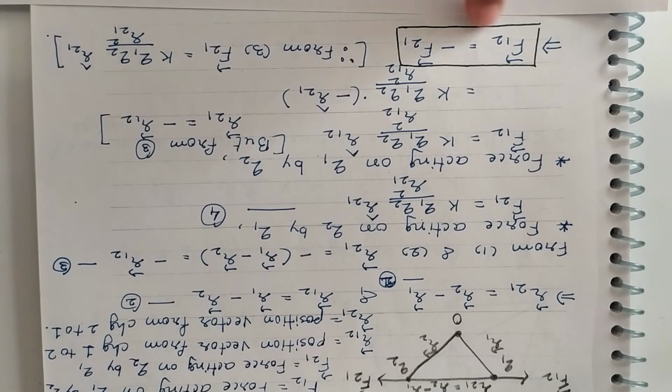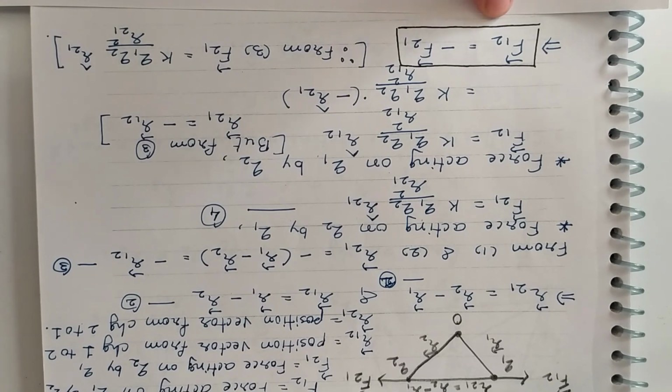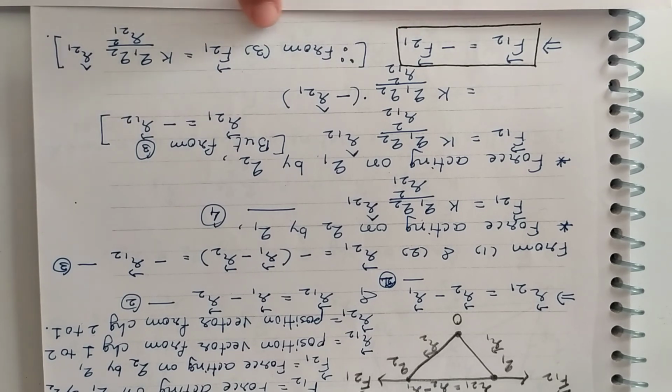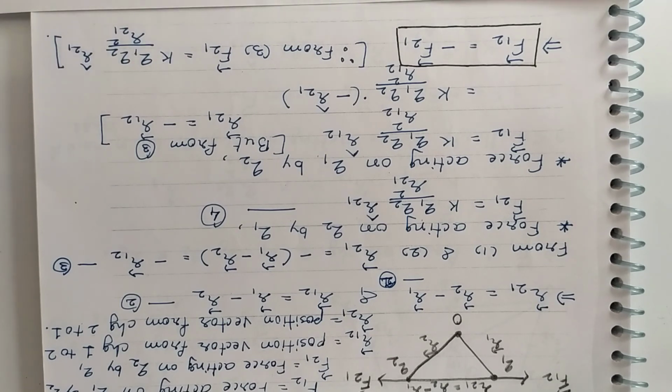This also shows that it is following Newton's third law, that is, two different forces of the same magnitude and opposite in direction. Here how have we written F12 and F21 as equal? From equation 3, F21 is equal to K Q1 Q2 upon R21 whole square into R21 cap. So the value of F21 we are substituting in this equation. So we will get the formula for